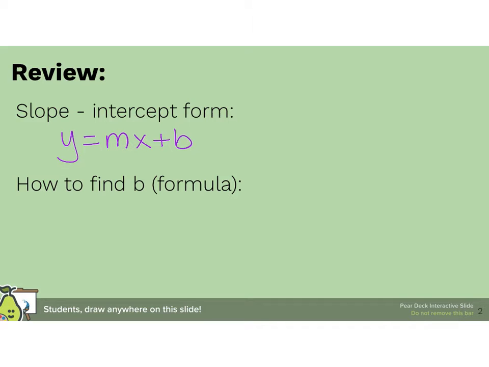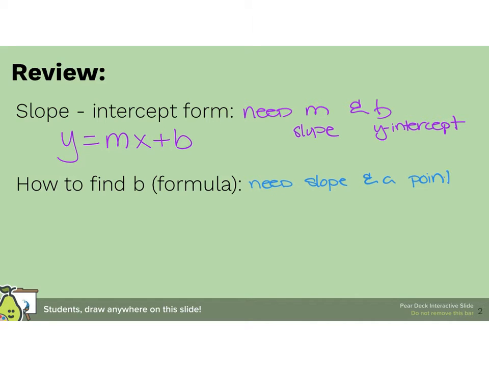But in order to write something in slope-intercept form, you need m and b, right? You need slope and you need a y-intercept. Those are the two pieces of information you need to write this formula. Oops, not slop, slope. Now, in order to find b, you need slope and a point,